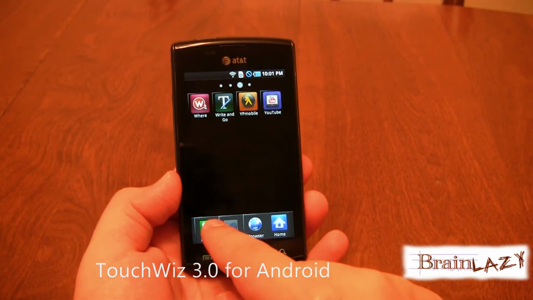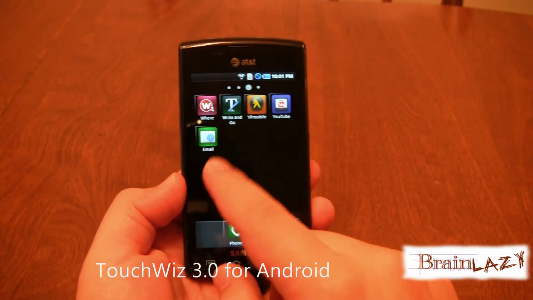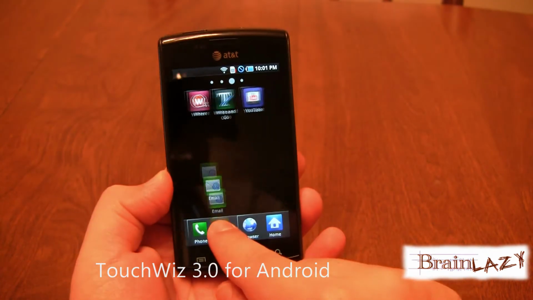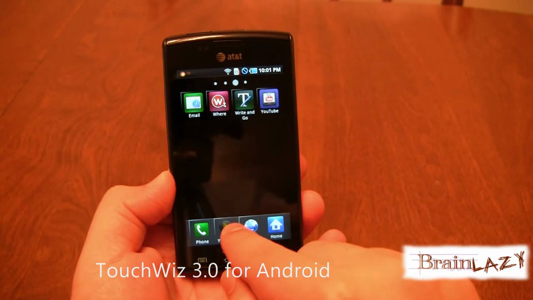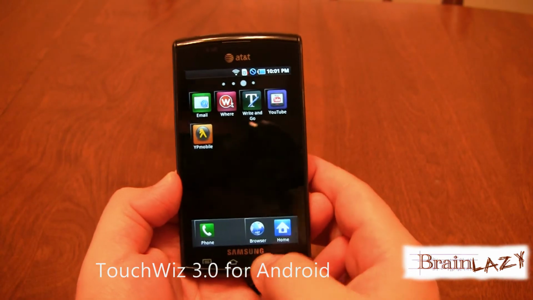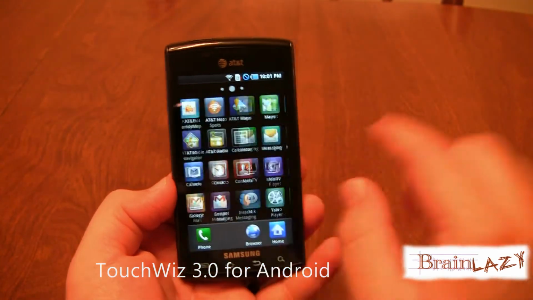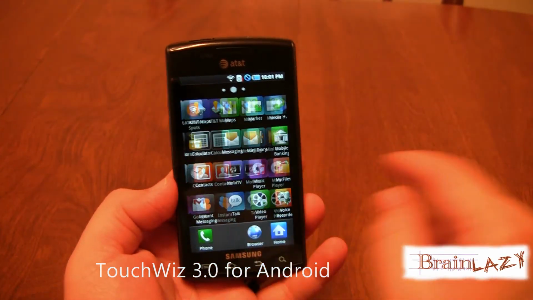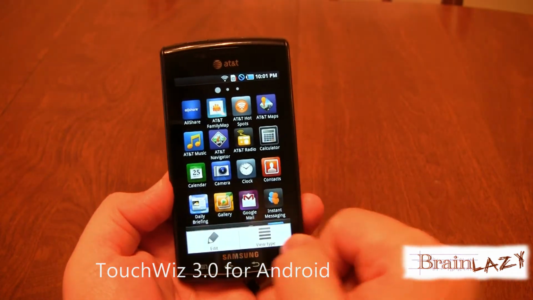Also, if you wanted to, you could change some of these icons down here to whatever you wanted to make them. And you don't have to click and drag them out. You can just replace them like that and do whatever you want. You can even have it just like that. So this is a very iPhone-looking menu system. It works really nice. It's very fast. If you don't like that, your other